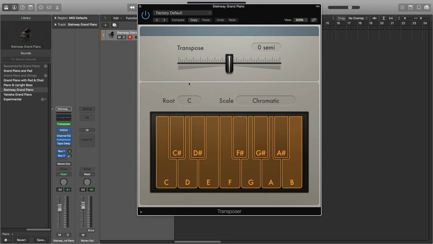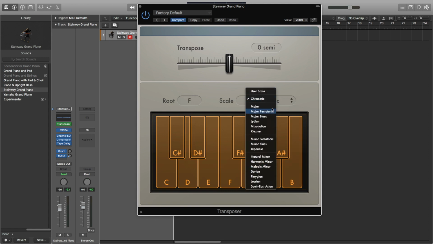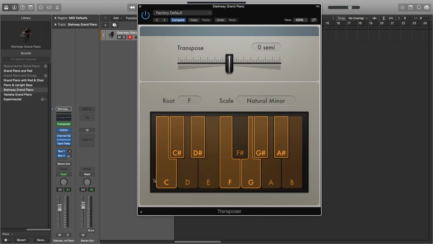So to start things off, I'm going to select the root key as F, and here I have a number of different scales that I can select. I'm going to keep it simple and select natural minor. This particular MIDI effect also helps you to learn. As you can see, the keys that are highlighted are the right keys for that particular scale, so you can look at the keys as well and learn it by yourself if you want,